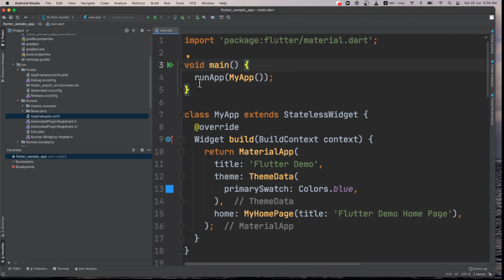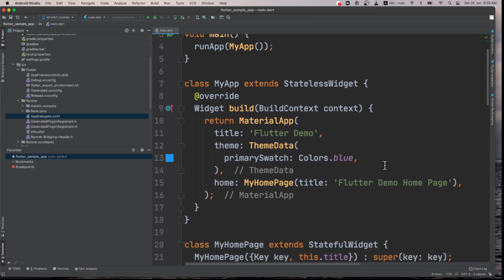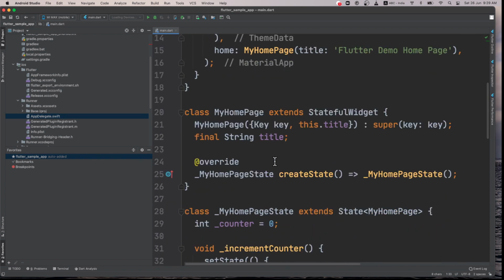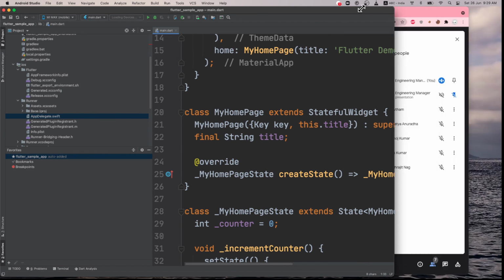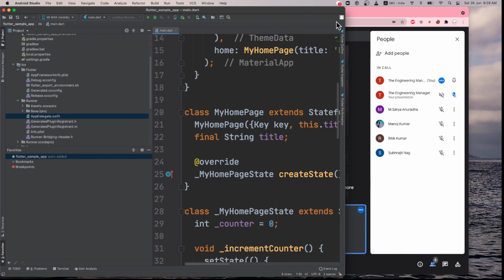So Flutter is based on Dart, it is using all the Dart syntax, and you see we are using a material.dart file. This file will make sure your application will look like an Android application. We can change it to Cupertino, and then it will look like an iPhone application. Okay, I am not changing anything, I will just show you what will happen if I run this. So I will show you my phone.